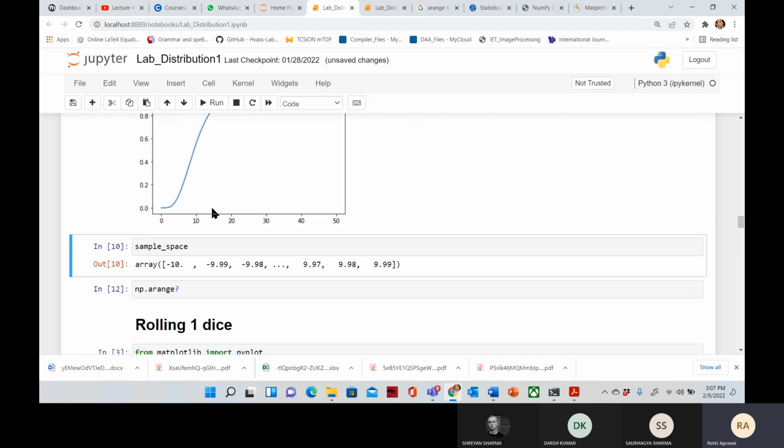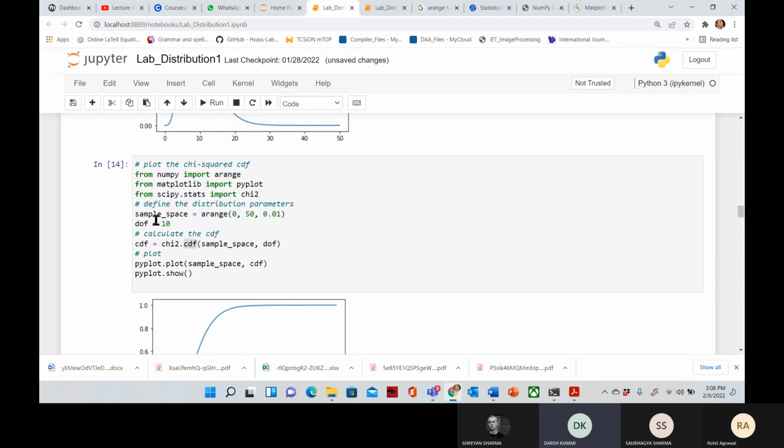Clear? So this is user-created data. If this is fine, just take a 2-minute break and ask your doubts. Sir, where is the value of the sample space coming from in each question? Is it defined in the question? No, we are taking user-defined data. Okay, sir. See, here we are taking this data.